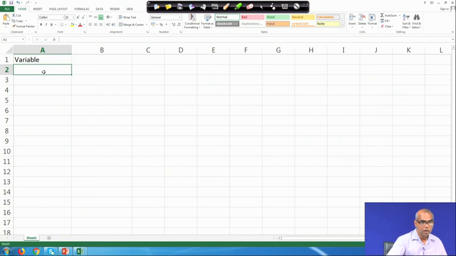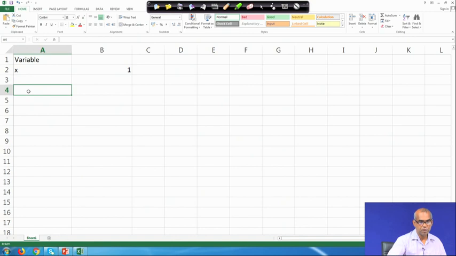I have one variable x. So, I put x here. In column B, let me give some arbitrary value of x, which will be used as initial guess by the solver.